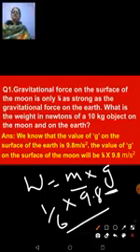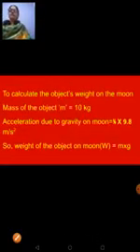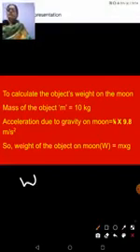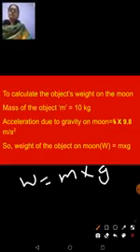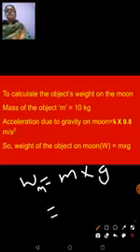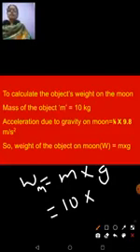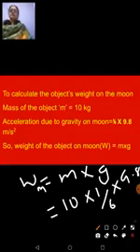We know that the value of G on the surface of the earth is 9.8 meter per second square. The value of G on the surface of the moon will be 1/6 into 9.8 meter per second square. Okay. So now, using the formula, we'll calculate the weight of the object on the moon. Which formula will we be using? W is equal to M into G. This is for the object's weight on the moon. Now, the mass of the object is given as 10 kg and the acceleration due to gravity on the moon, I told you, is 1/6 into 9.8. Clear? Yes.